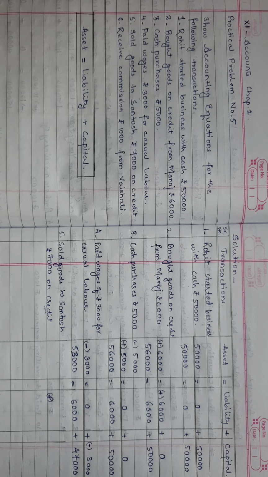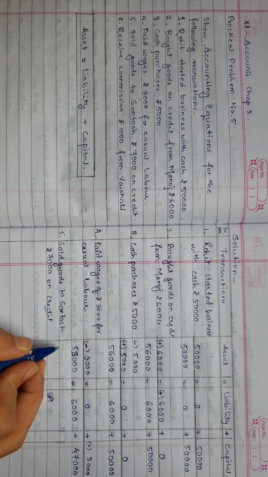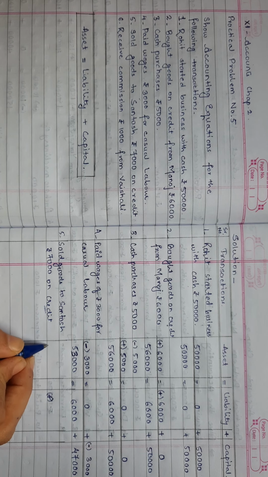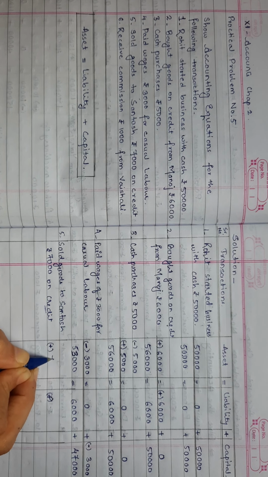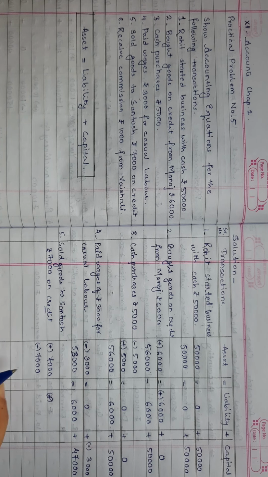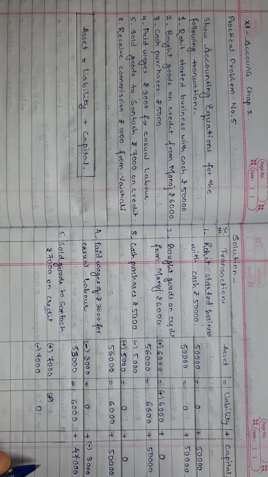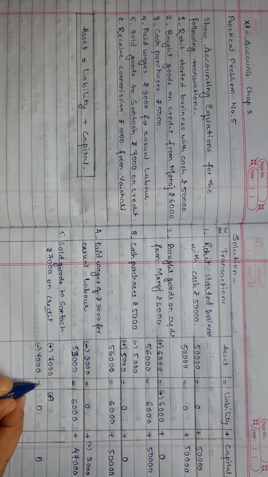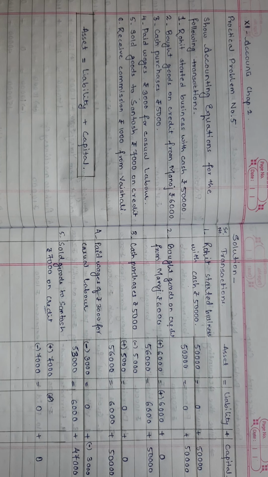When we sell something on credit, it does not increase our liability. So the goods are sold, it means the goods are going out, reduction in the asset, and it is sold on credit, so the cash will come in. Okay, so add 7,000 rupees and less 7,000 rupees. Liability will be 0 in this transaction, capital will also be 0. Keep this equal and plus as it is.